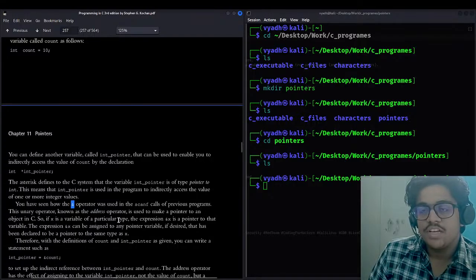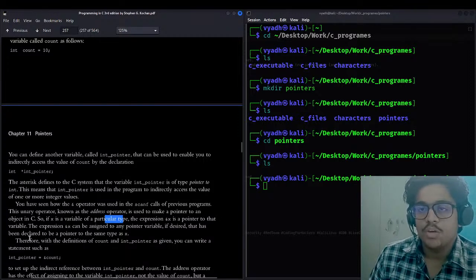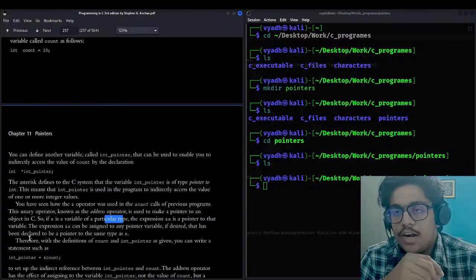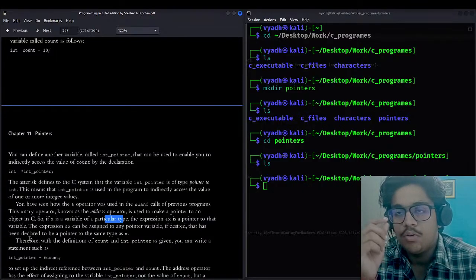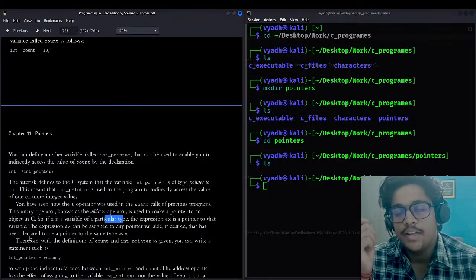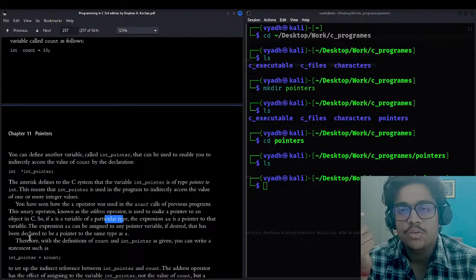So if x is a variable of a particular type, the expression and x is a pointer to that variable. x can be of any type because at the start of the program, after writing the header file and the beginning of the function, we declare some values, and on declaration we also declare the data type, what actually x is.